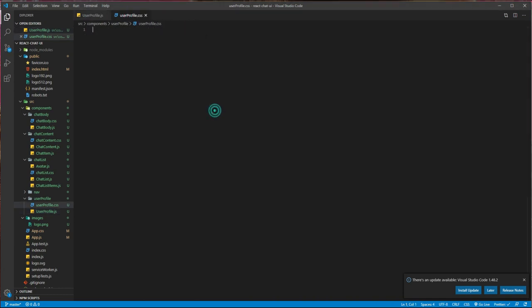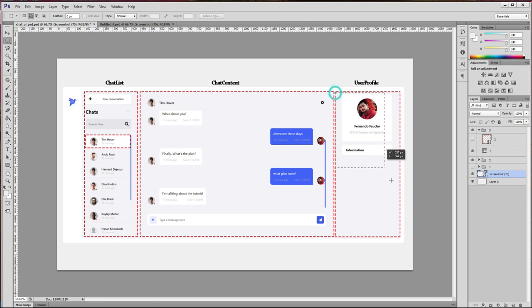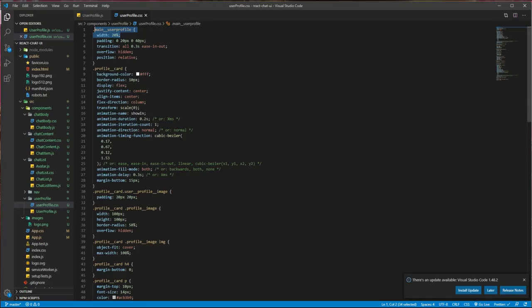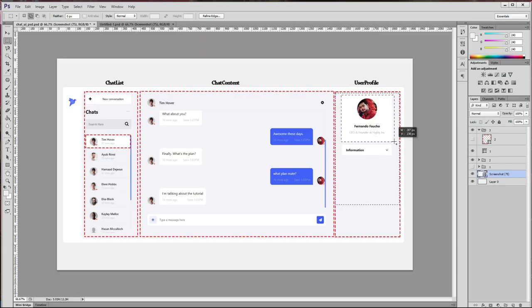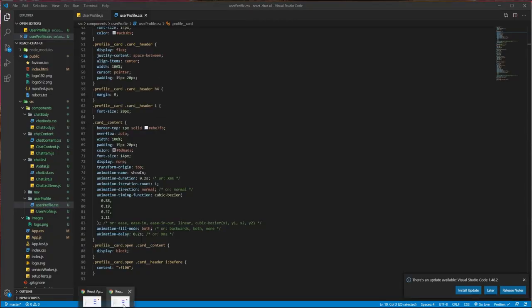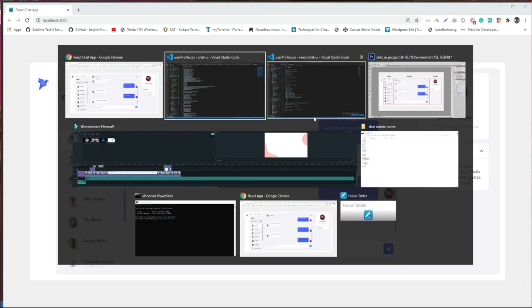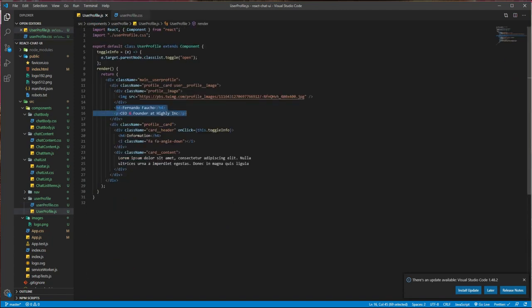This is the CSS for it. So for user profile, I will set the width like this, and then the profile card has background color, border radius, everything over here. Let me refresh and see how it is looking. Already it's looking fine. So how is this happening, right? Let me go over there.